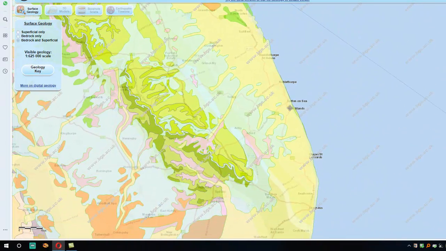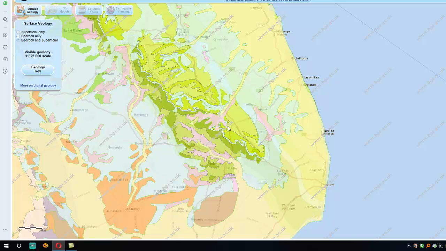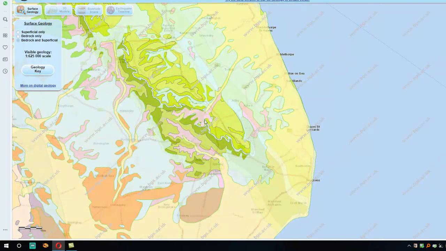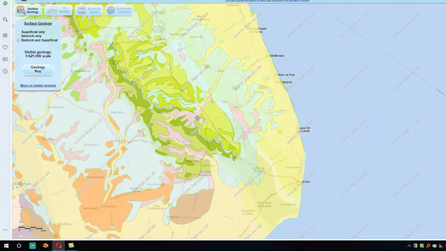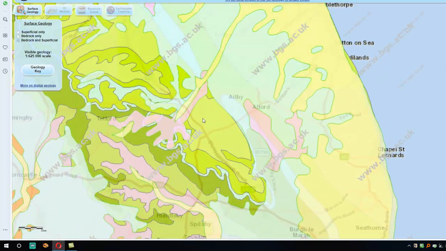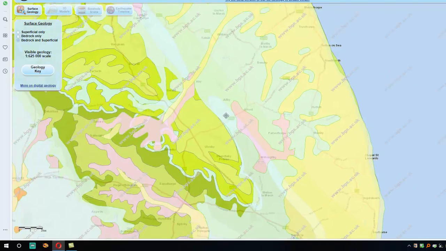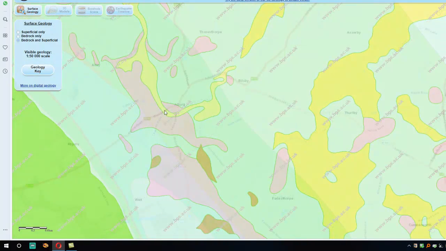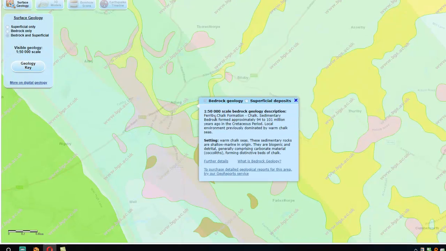The thing is, if we have people in our group who actually live a little way away in the town of Alford, if I can find it. Maybe they've moved it, maybe not. Alford, here we go. So I'll zoom in on Alford, there we are. And let's have a look at theirs. This is a scale of 50,000. And if I just click very near to it, we get